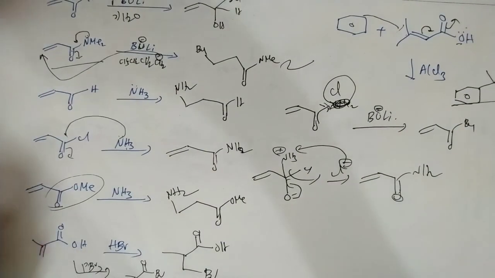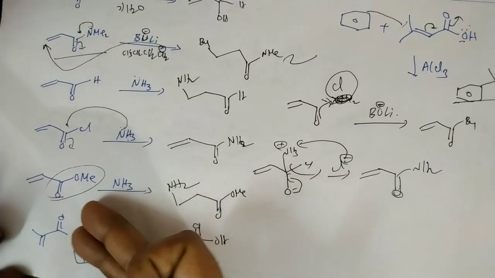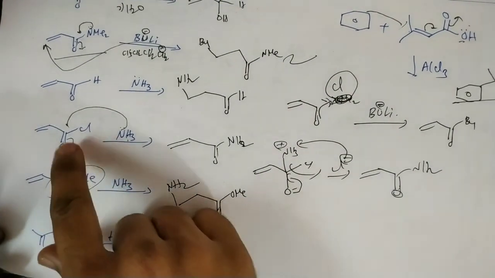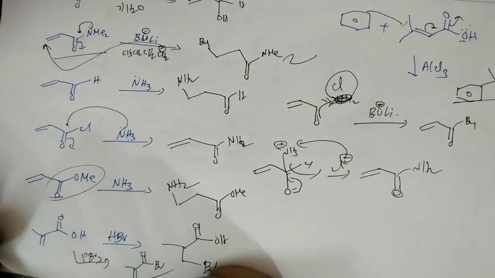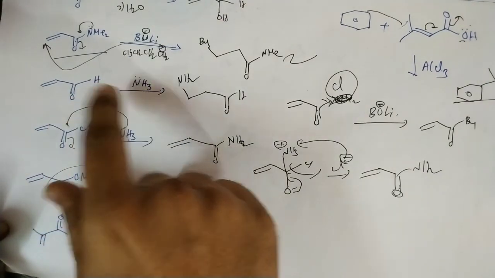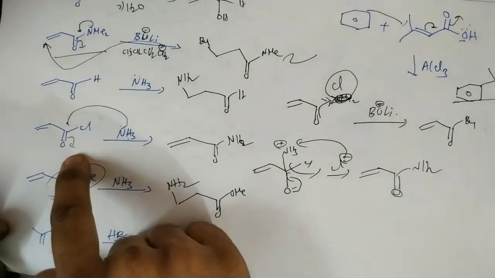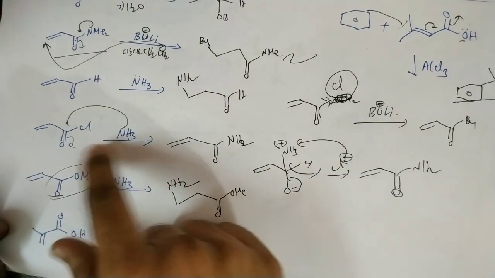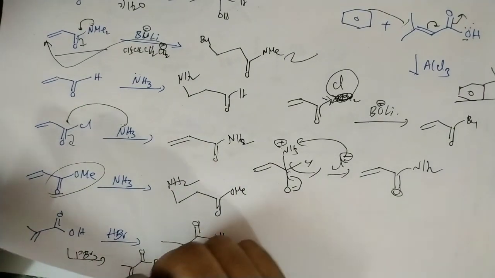Okay, so we discussed the conjugate addition reactions on some acid derivatives also. For amides, conjugate addition always takes place. And for esters, generally, as it is a weak nucleophile, conjugate addition takes place. For acid halides, whether it is a weak nucleophile or a strong nucleophile, direct addition takes place. For aldehydes and ketones, whenever it is a weak nucleophile, conjugate addition takes place, and whenever it is a strong nucleophile, direct addition takes place. But for acid halides, even though it is a weak nucleophile, direct addition takes place, because acid halides are more reactive.